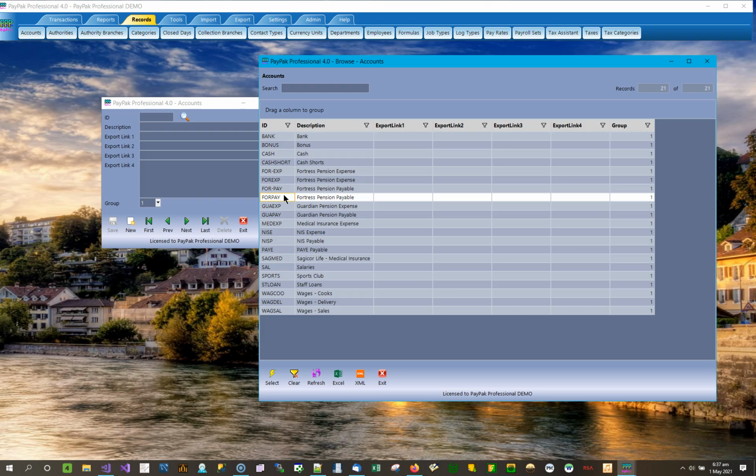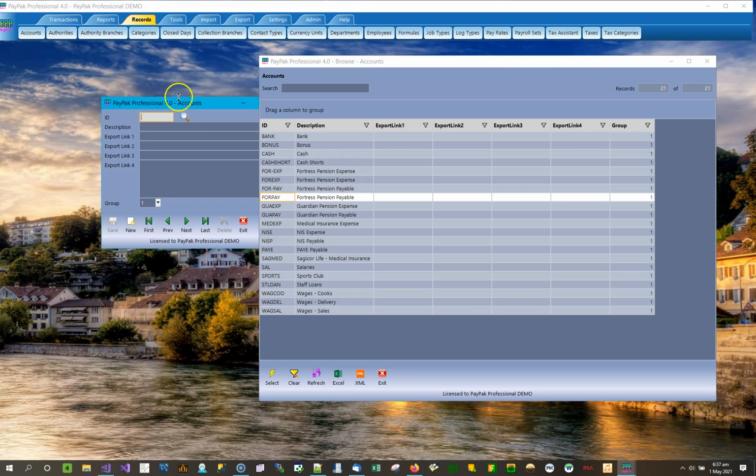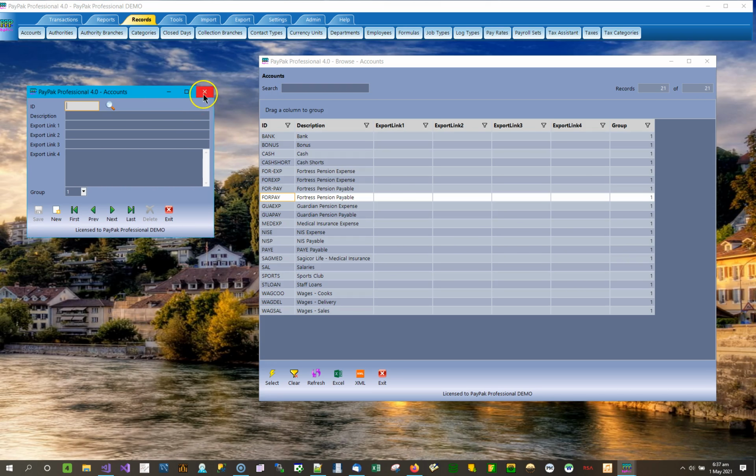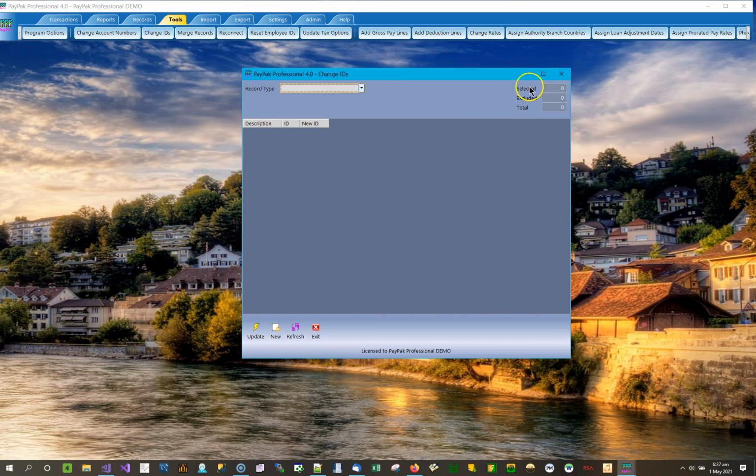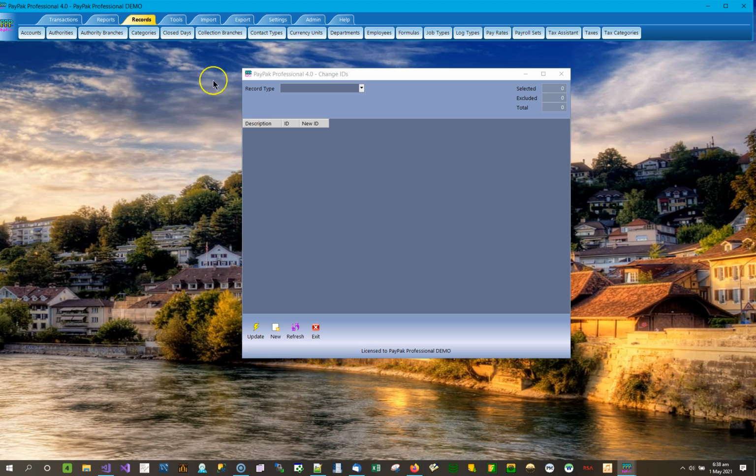Okay, so this is not the right screen, the account screen or whichever record screen you're updating. That's not the right place to change the ID of an existing record. The correct place to go is Tools and Change IDs. But before I do that, let me just go back to the records,